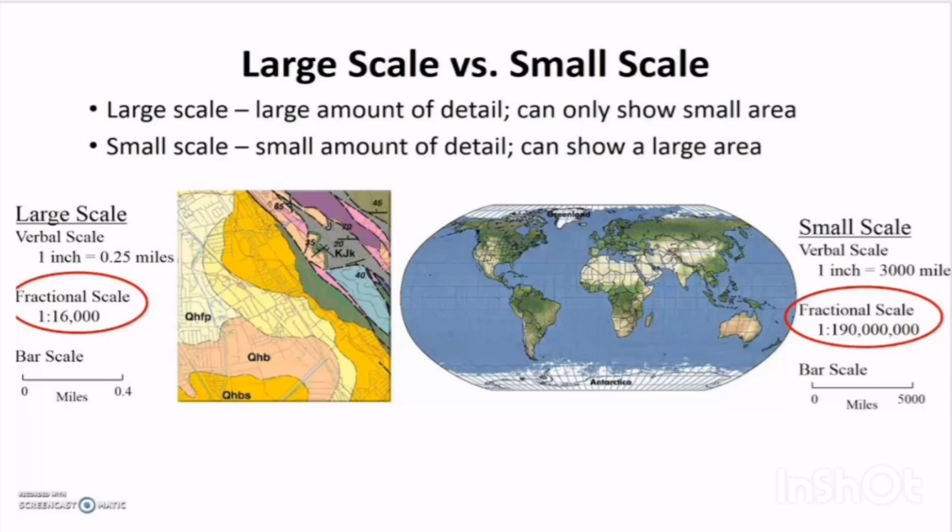And small scale maps are those maps which show a larger area in less detail and space. Means large scale maps have a large amount of detail shown on a small area, whereas small scale maps have a small amount of detail and can show a large area.